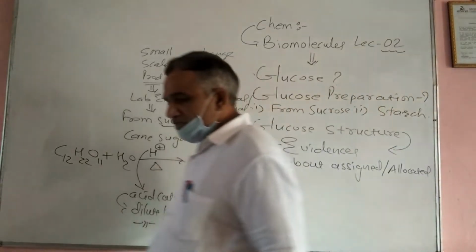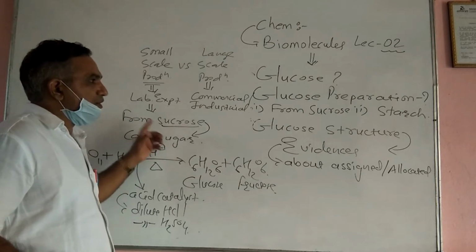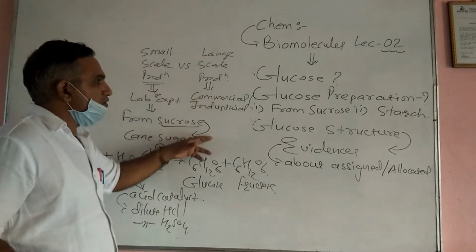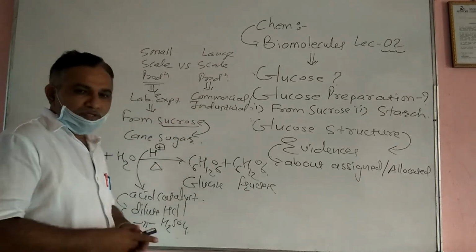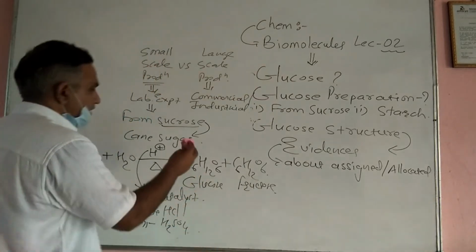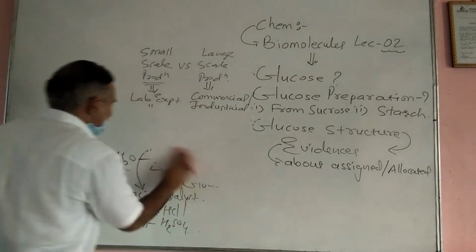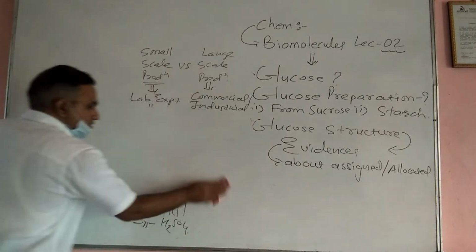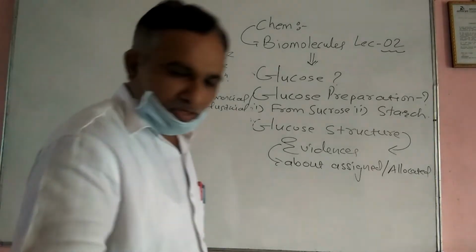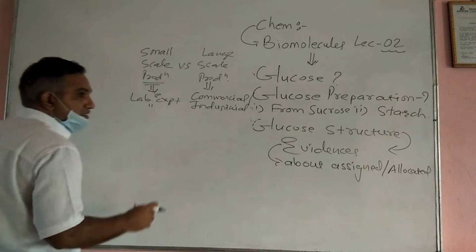So by doing this, a little bit about the glucose preparation; the next is the commercial method of glucose preparation, or the industrial method of glucose preparation. So by this method, how to prepare the glucose? See here, by this industrial method, you do one thing. Here, you have to consider the